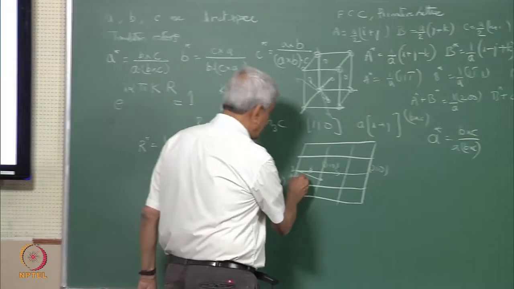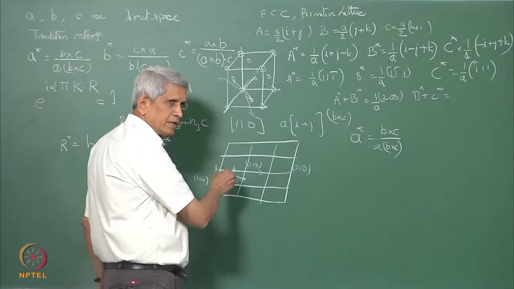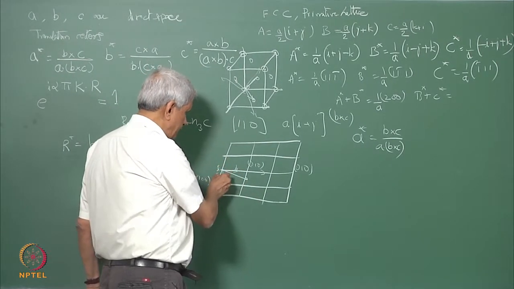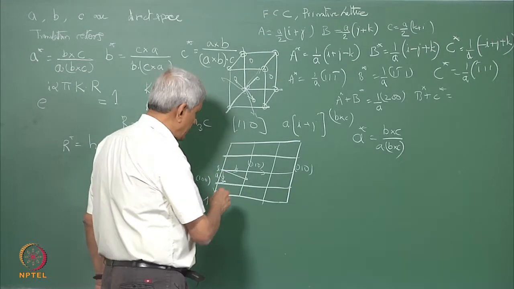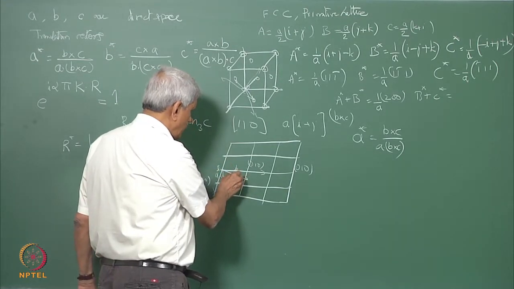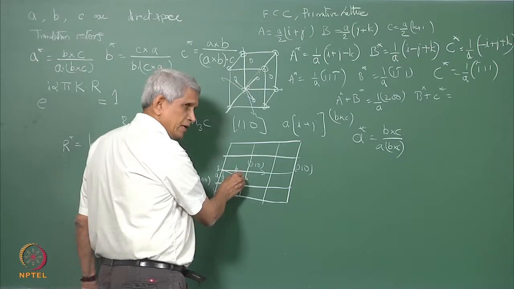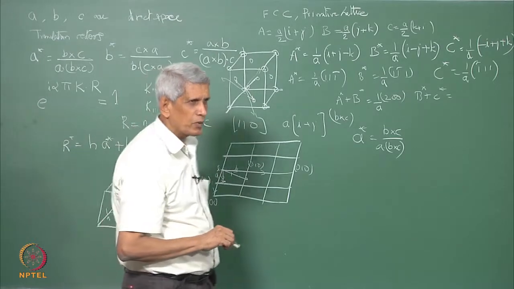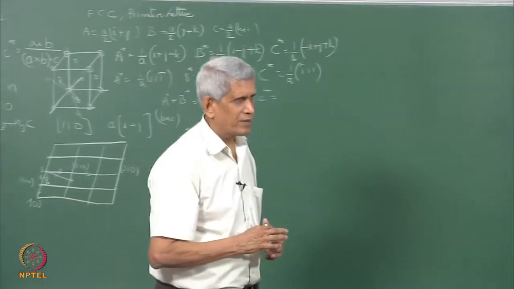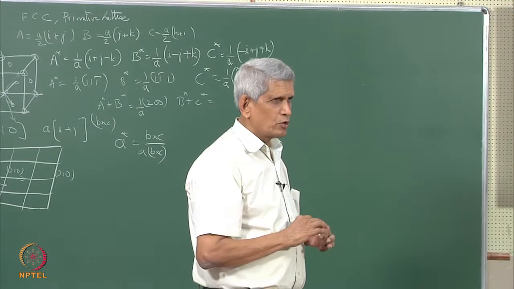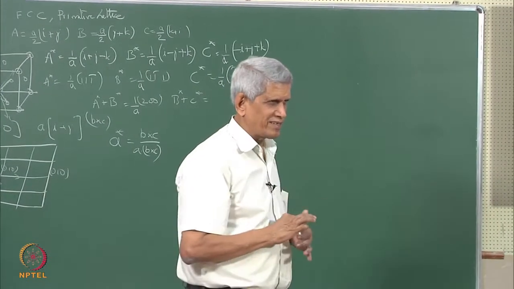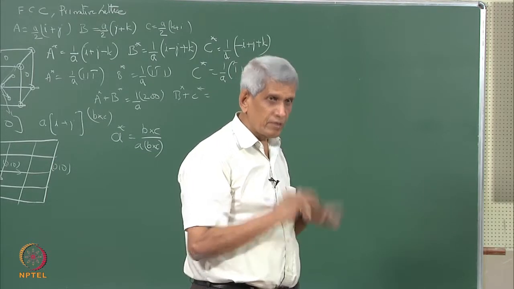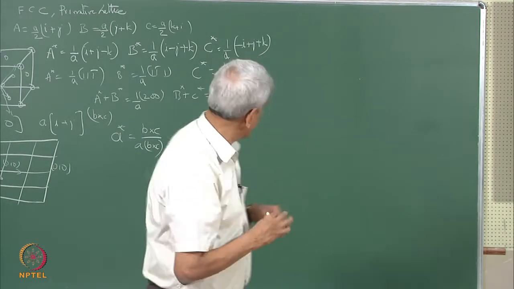So, in this direction, if you mark the inverse of this interplanar distance at some point, then here also we will be marking the inverse of this interplanar distance. The lattice which it generates, that is the reciprocal lattice. So, geometrically this is the way we can construct it. Is this clear? Okay.